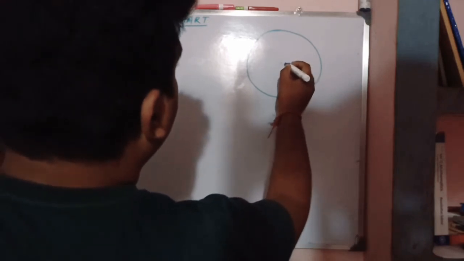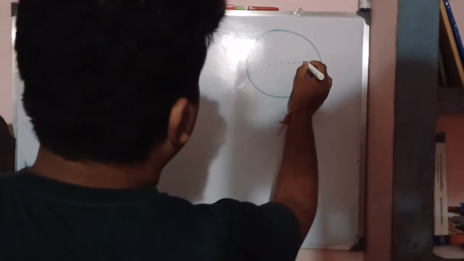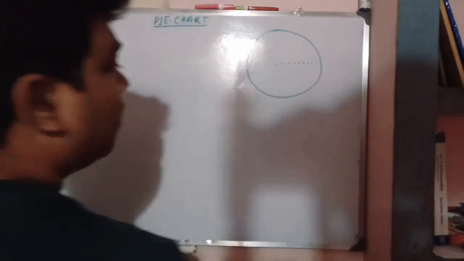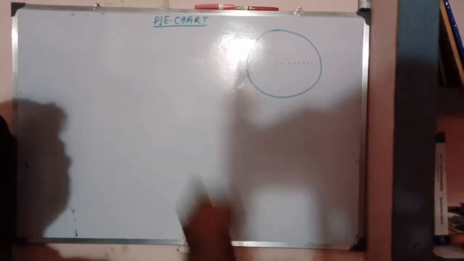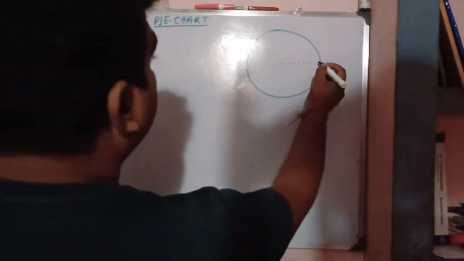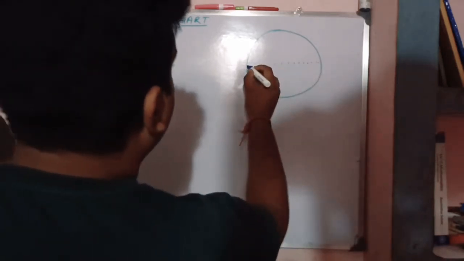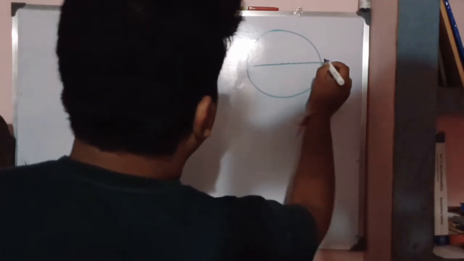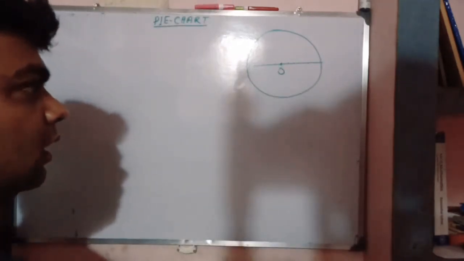And the central angle, that is, if we measure this, suppose this is the diameter of a circle. You all know about that. You all read in previous classes 6, 7 that this is the diameter of a circle. Now, suppose we are joining this. So this is the center O. Understood?